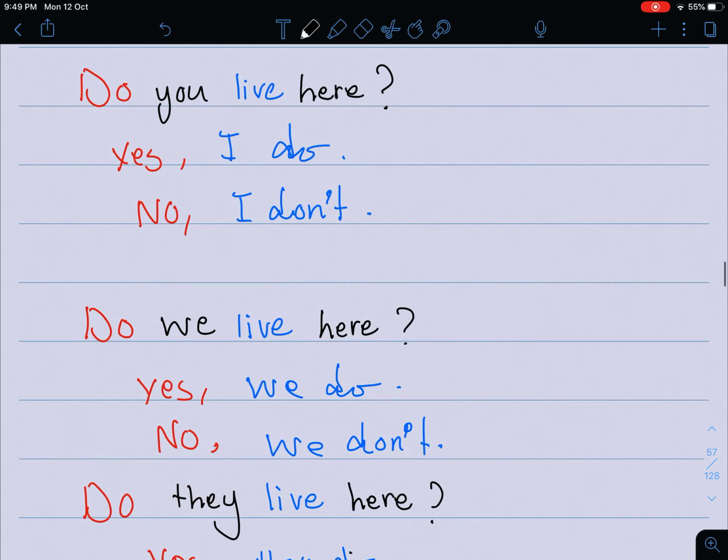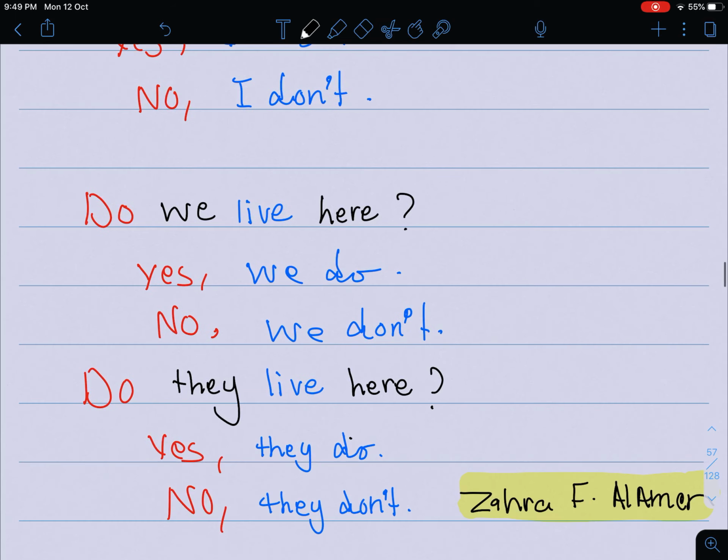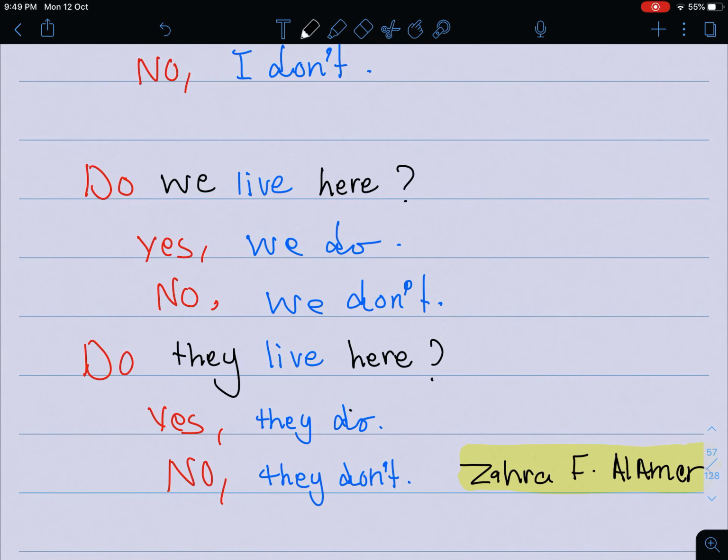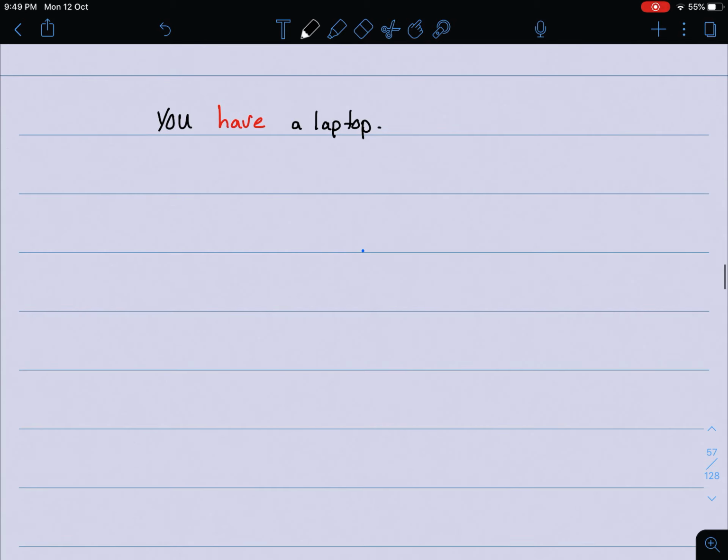Do I live here? Yes I do. No I don't. Do you live here? Yes I do. No I don't. Do we live here? No we don't. Yes we do. Do they live here? Yes they do. No they don't. Now as for verb to have, do you have